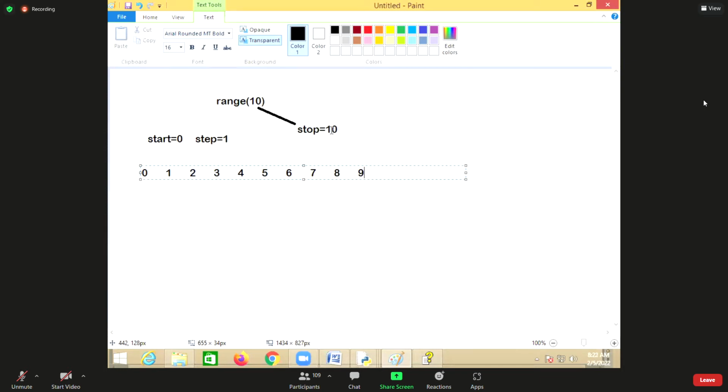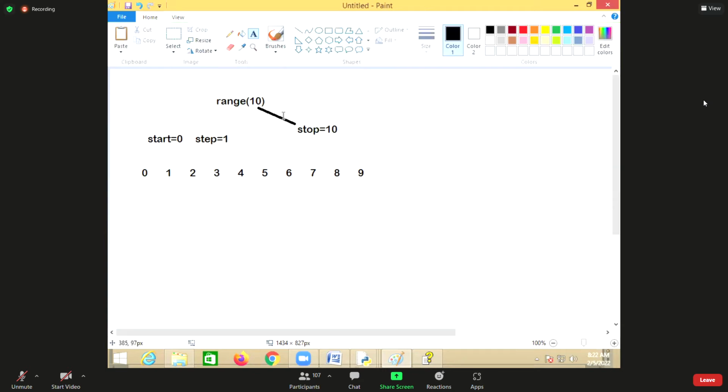Less than stop means it will not generate 10. So 10 is excluded. 0 to 9 it generates.